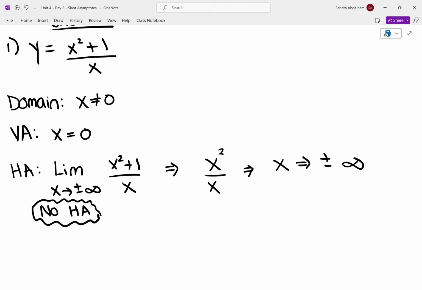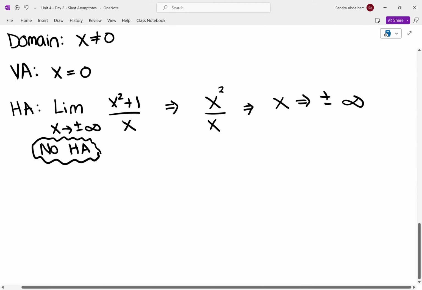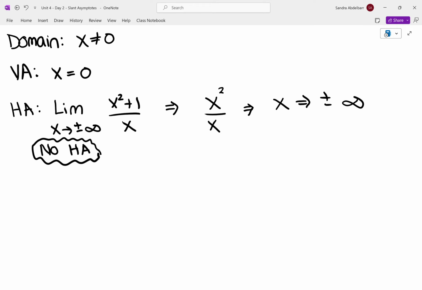All right, if we did have a horizontal asymptote, would we need to check for a slant asymptote? No, we would not need to check for a slant asymptote. But because there is no horizontal asymptote, we do need to check for a slant asymptote. So now for the slant asymptote, which I call SA,